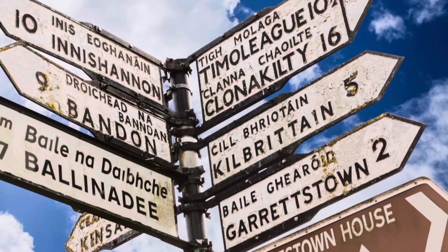The first ever Irish whiskey single barrel state of Ohio pick. We're gonna